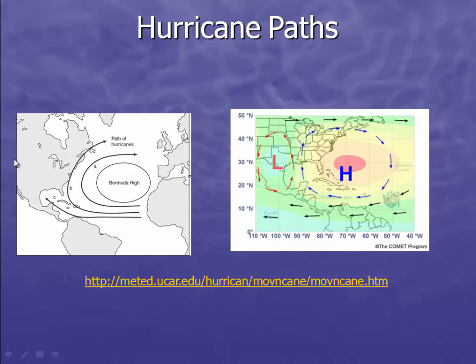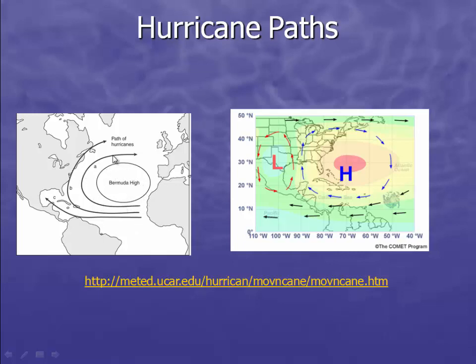When hurricanes influence the United States, they're typically coming from these African easterly waves, so they travel east to west, in easterly wind, across the Atlantic Ocean, and then they will probably take either path A, path B, or path C, depending on the strength and location of the subtropical high pressure. We call it the Bermuda High. It's really a general area of high pressure around 30 degrees north that sits over the Atlantic Ocean and